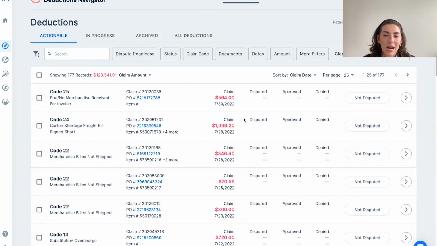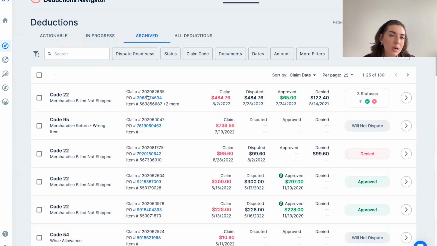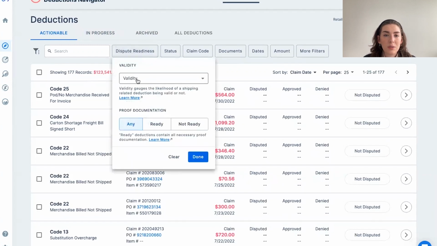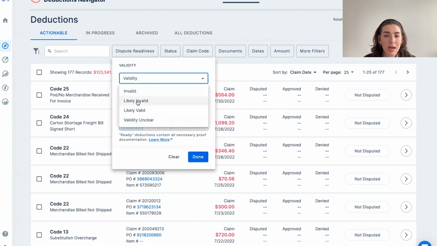This is where it's really tactical, because SupplyPike is able to help you know how to process between what you can go after today, what's already been worked on, what's archived, and then you can see all deductions. You can filter between that. If you sit on actionable, you can really just be ready to dispute from the app and do that really quickly. We see that the average time to dispute is 20 minutes per dispute. So with this, really, you would just have to